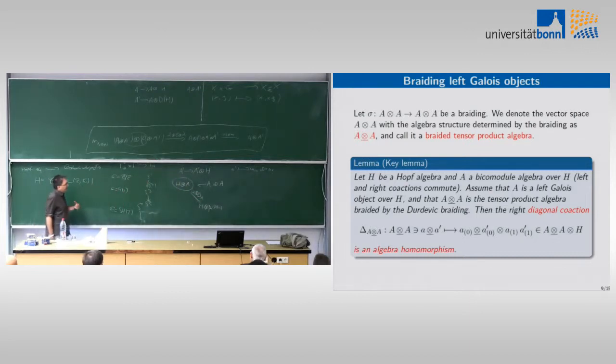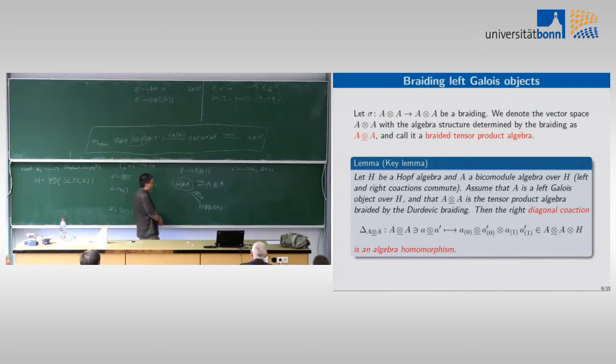And now what we do is the following. Since this is, by assumption, by this Galois property, an isomorphism, I can pull this tensor algebra structure from H tensor A to A tensor A. And this will be exactly the braiding. This will be exactly this braided